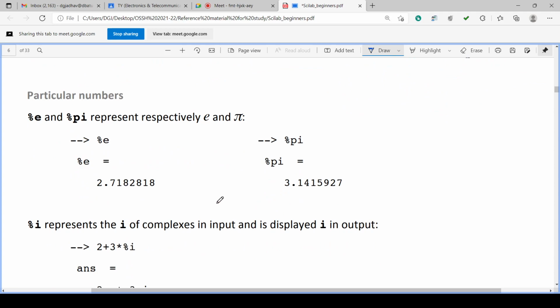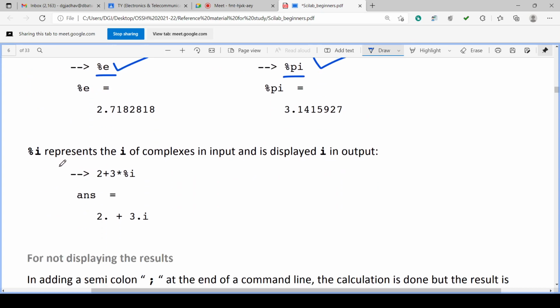Then some particular numbers are there, like the exponential number, pi number, constants. We can directly put them into the expression like %e and %pi and %i for the imaginary value of root of -1.